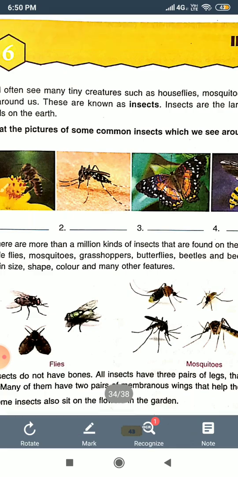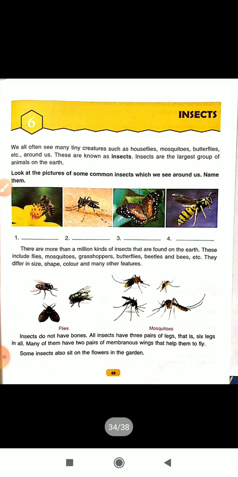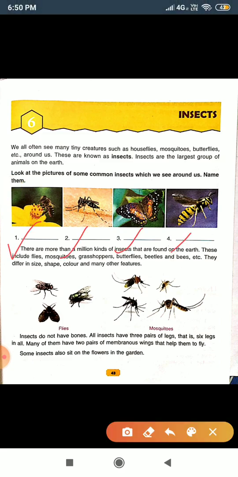Okay, now see in this page what you have to do. First of all, see these are the numbers here given 1, 2, 3, 4. Here you have to write the name of the insects in the pictures, fill here. So you have to write name of this insect here, name of this insect here, this insect here, this insect here. So in the book you will do this. You will fill here only, not in the copy. You will do in this page. That is page number you have to complete, page number 43.